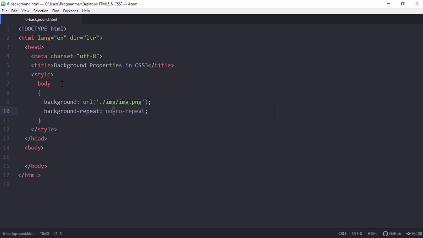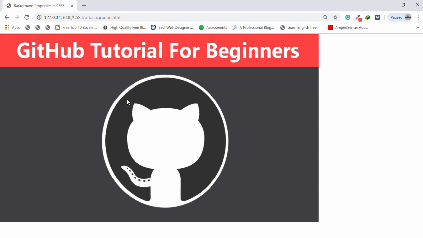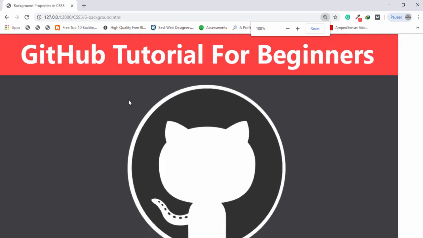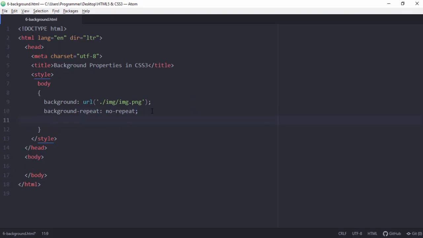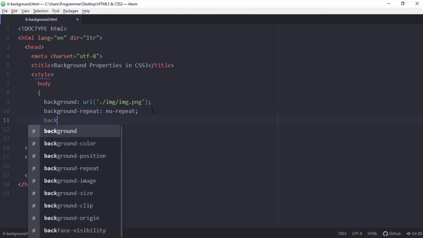right? Save that and let's check. As you can see guys, only one image has been appeared. Right, now the next property is the background position,